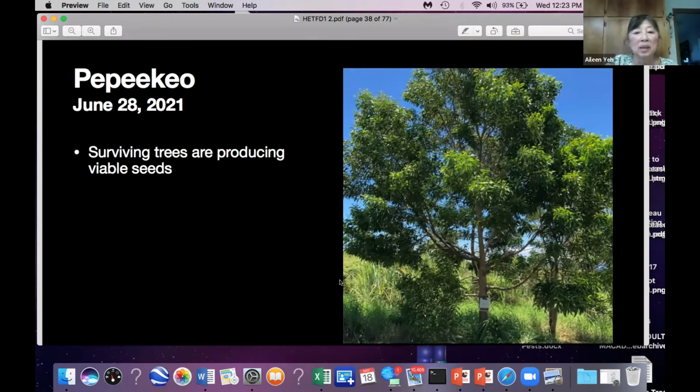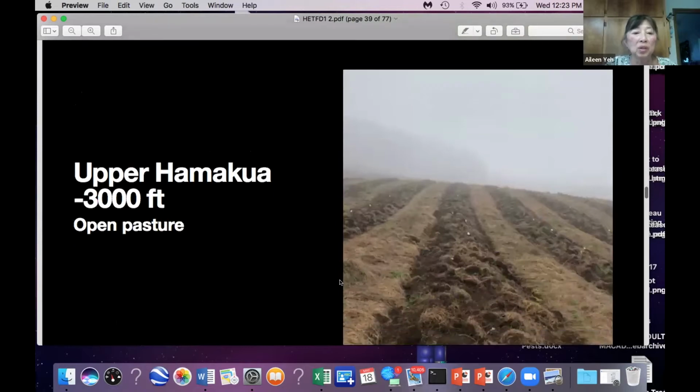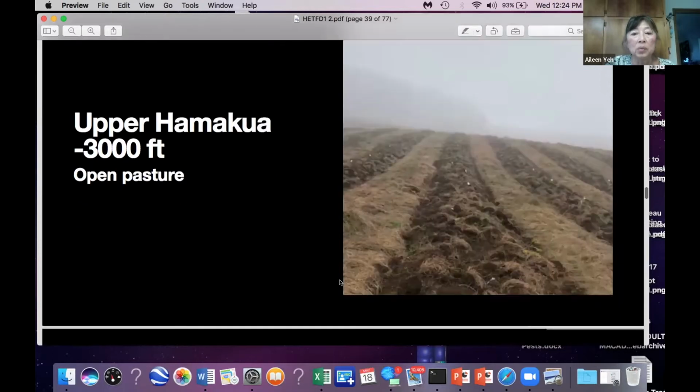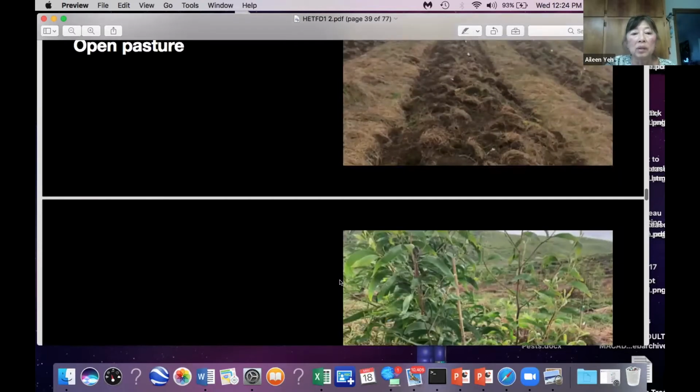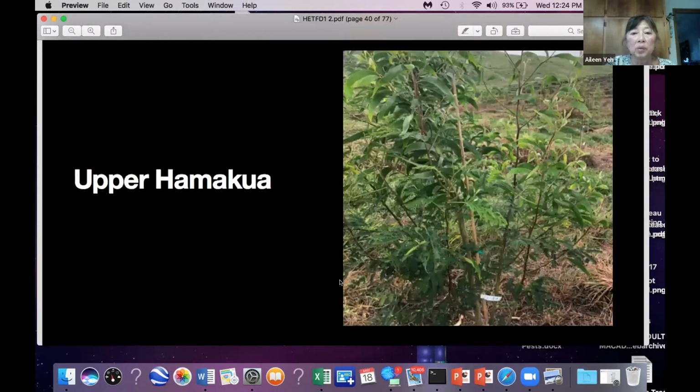So it's more of the trees. That's a really nice tree. So now we're putting in a trial. Actually, there is a trial in Upper Hamakua, at about 3,000 feet, which is open pasture, with a different kind of pre-planting preparation, more disked, fluffy, and planting into it. So after almost a year, it's doing pretty well, but